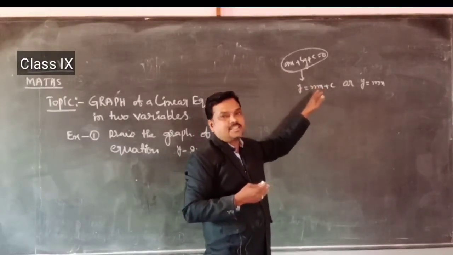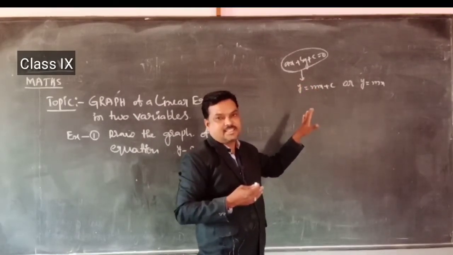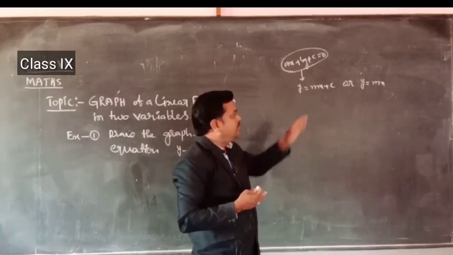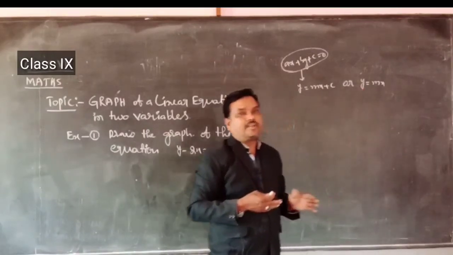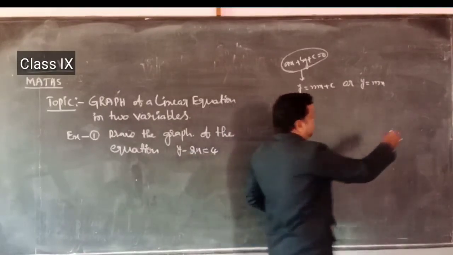Y is equal to mx plus c: this line intersects the x-axis and y-axis at two different points. Y is equal to mx: always it is passing through the origin. Origin means, suppose